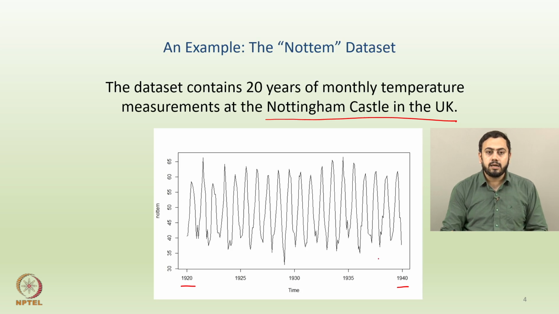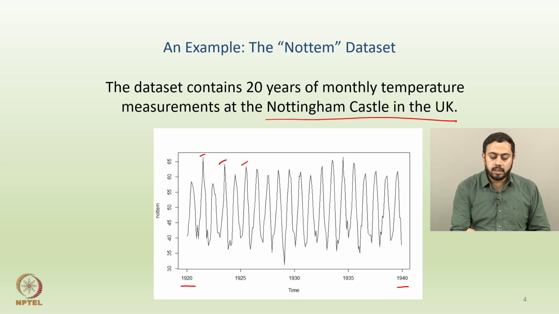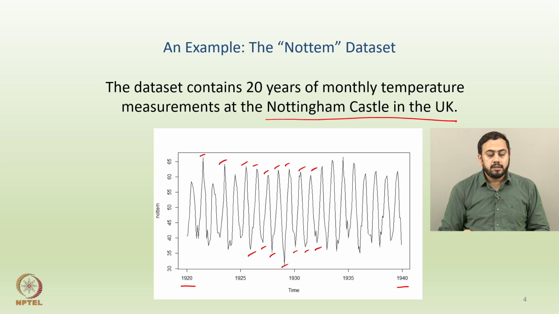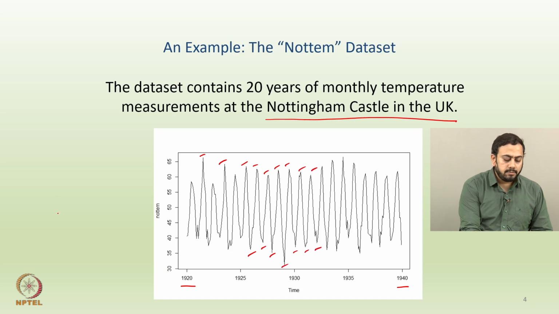Okay. Now, as discussed a short while back, since this is a classic example of temperature data, one would see some regular repetitions, right. In summer months the temperatures would be high, and in winter months the temperatures would be low. So, all these peaks here would be the corresponding summer months of those years, and all these troughs here would be the corresponding winter months of those years. Okay. So, I will say that this is a very classic example of seasonality. So, you have seasonality present here.